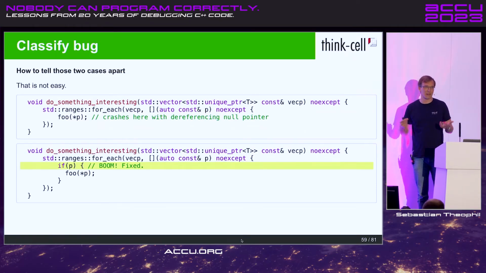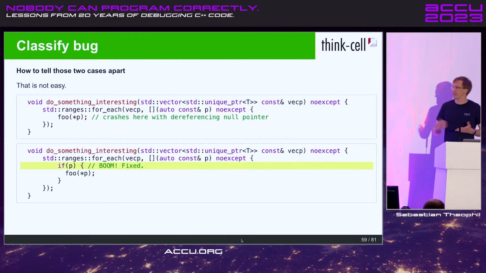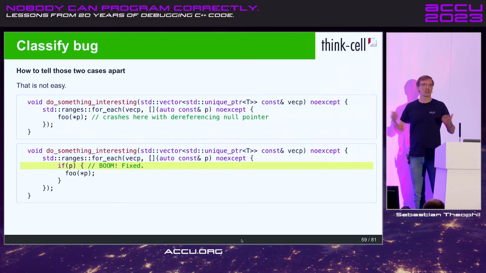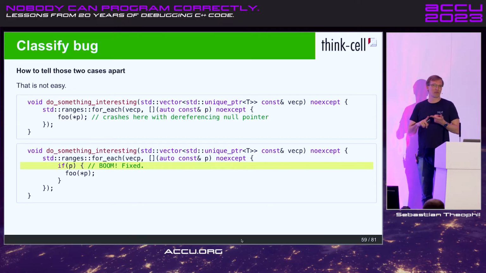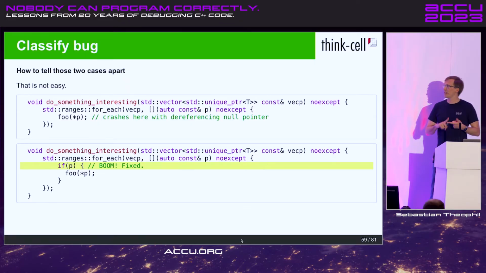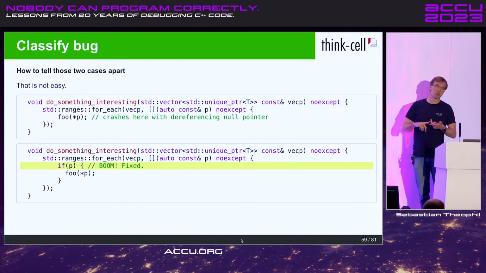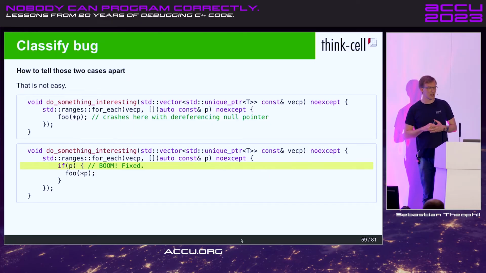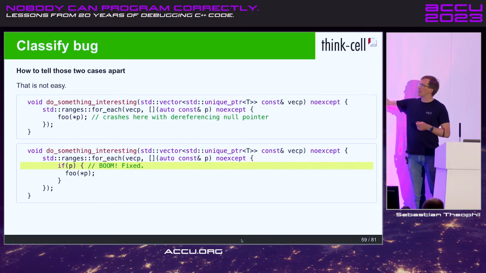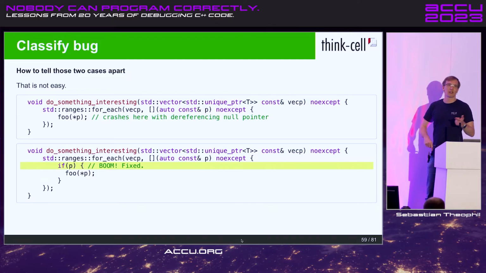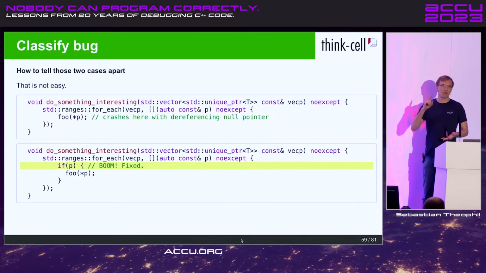Do we do this? Is that a good idea? That's hard to say. Like in a code review, if we do a mock code review, what are the questions you could ask? You could ask, where's that vector coming from? Who's producing that vector? Why is anything in there null? If anything in there is null, is that the right data structure? Shouldn't it maybe be an unordered set or something? So there are quite a lot of questions you should ask until you can decide, yeah, it is a vector. Yes, one of those elements can be null. Yes, we're for eaching over them here. And yes, you should check if one of them is null.